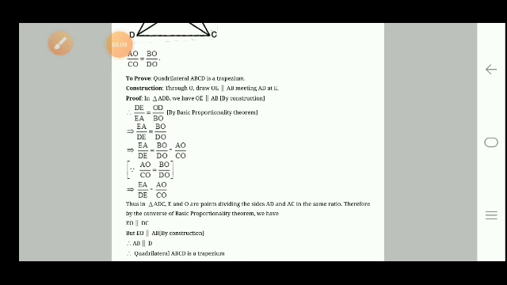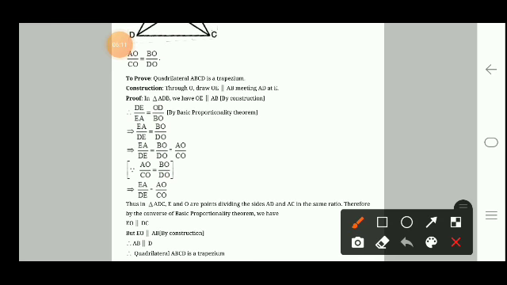it is given in the question that, so we can write EA over DE is equal to BO over OD is equal to AO over OC, as we can see here. So all are equal, it means AO over OC is equal to BO over OD, it means AE over ED is equal to AO over CO.